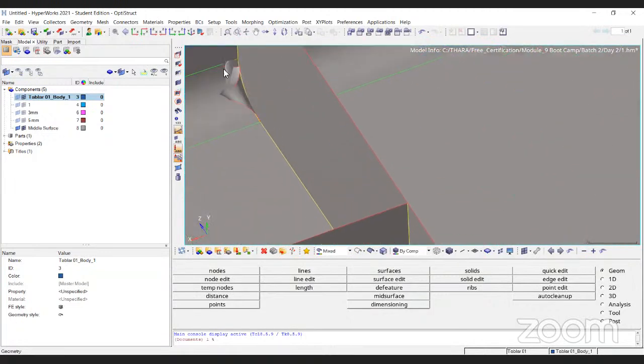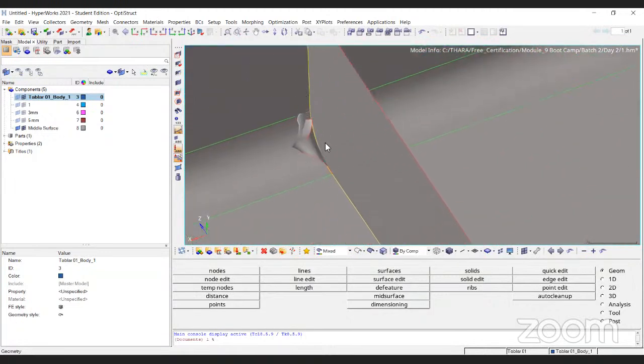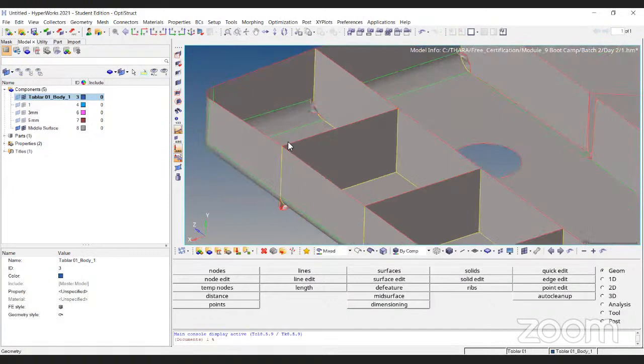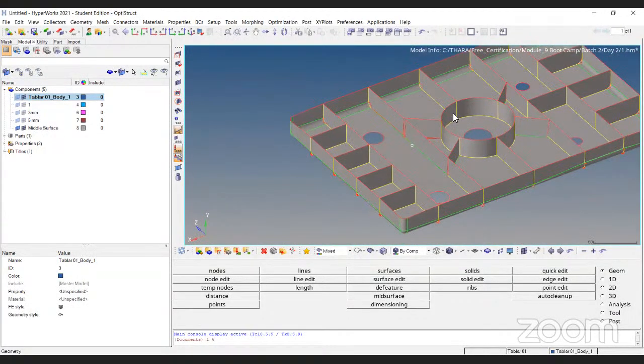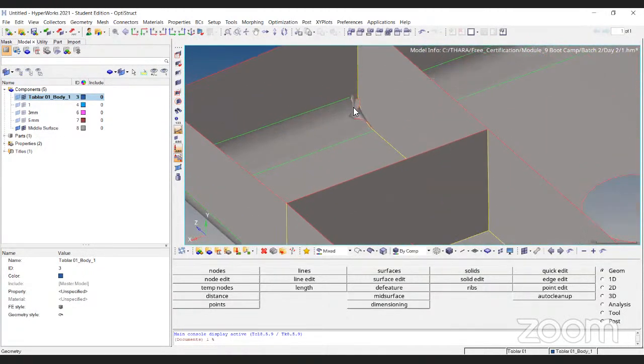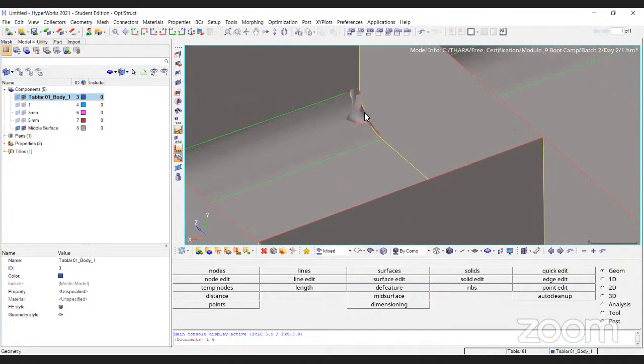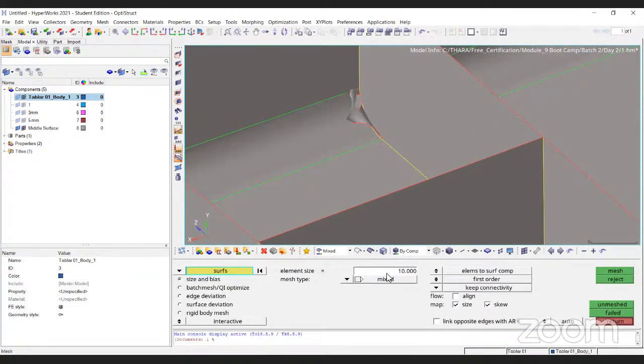As you can see here, this is called the rib. This is a square rib and this is a rectangular rib. These are ribs. There might be a square, rectangle, or a triangular rib. So why do we need to do this? If the surface is very bad and I go and create any